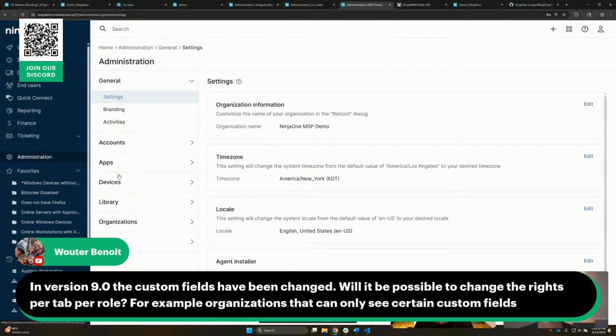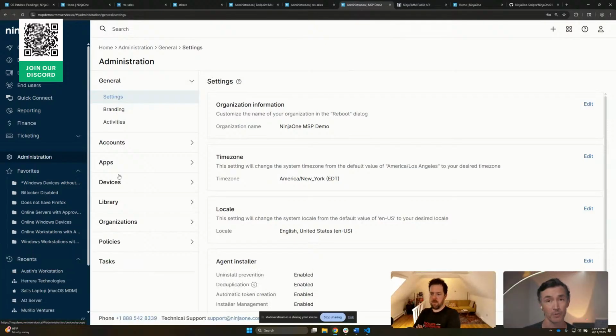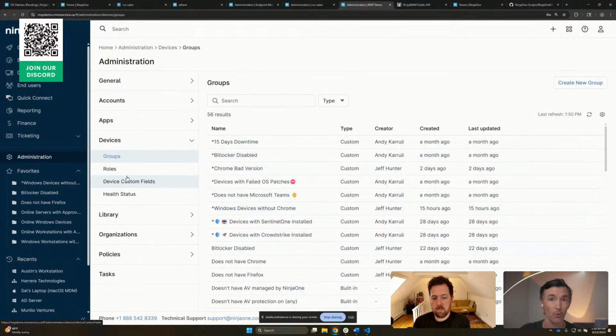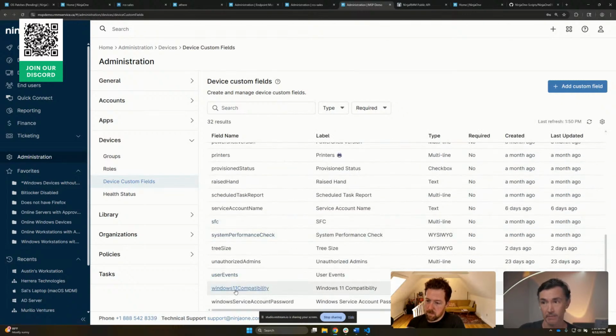Oh, yeah. I'll say, unfortunately, it really doesn't change anything from that perspective in terms of being able to assign custom fields to specific organizations. Still, when you create an organization custom field, it is applicable to all the organizations that you have. Now, what does change is that for device level custom fields, and this has always been something that you've had the ability to do, you can assign those to specific device roles. So right here, we might create a Windows 11 compatibility custom field